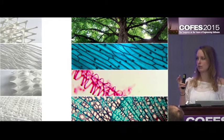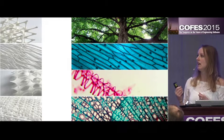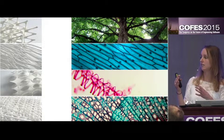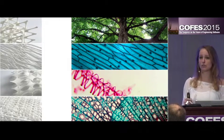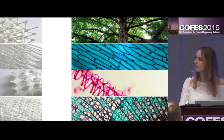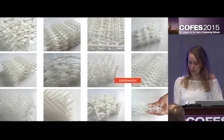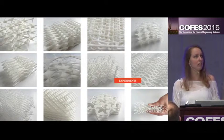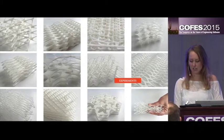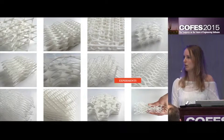And I was looking at macro and micro level at plants, for example, the nodes of branches to create stiffness, and helix structures and cell structures to create flexibility, and differ in density to create comfort zones in the product. So all these experiments I did, I modeled them in Rhino because I couldn't really find the right tool to create these kind of structures, and I really had to force the tools I had